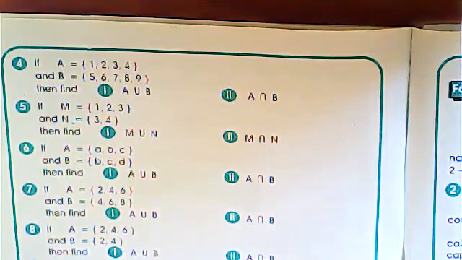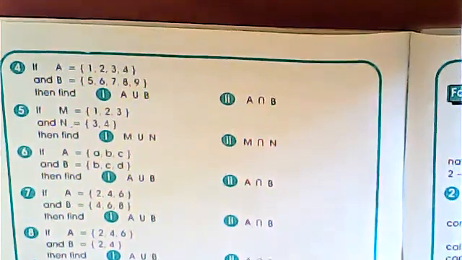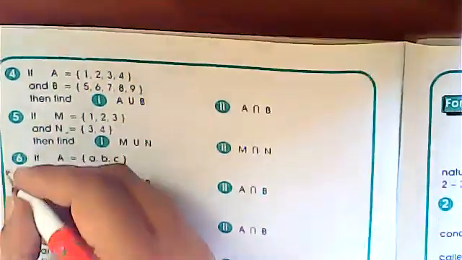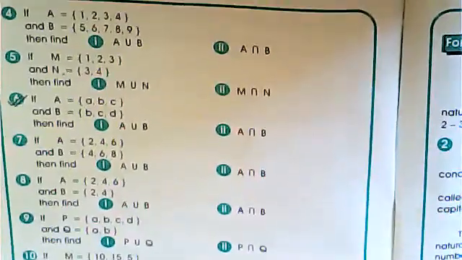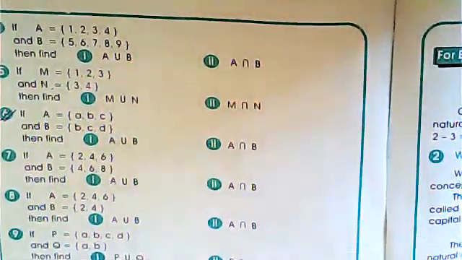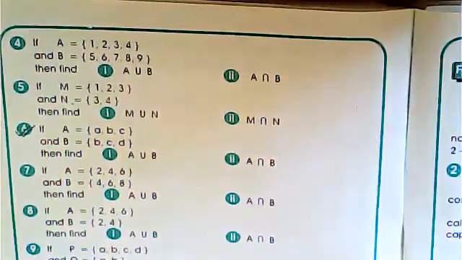Okay, so start solving question number 6. You have to solve this question, question number 6 of exercise 1.2. Okay, so let's start your work. Then find A union B and A intersection B. Also draw a Venn diagram. Okay, start solving it. It is just like your test, so you have to solve it by yourself. You should know how you are going to find union and intersection.